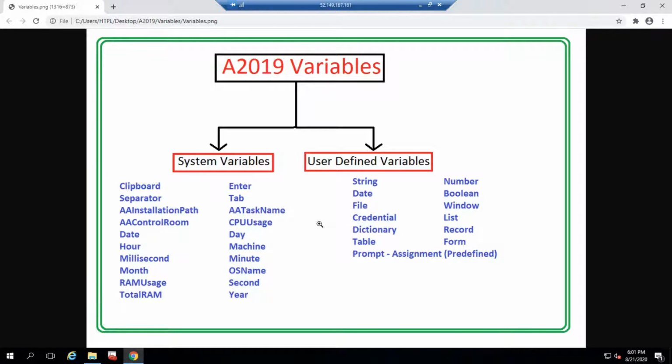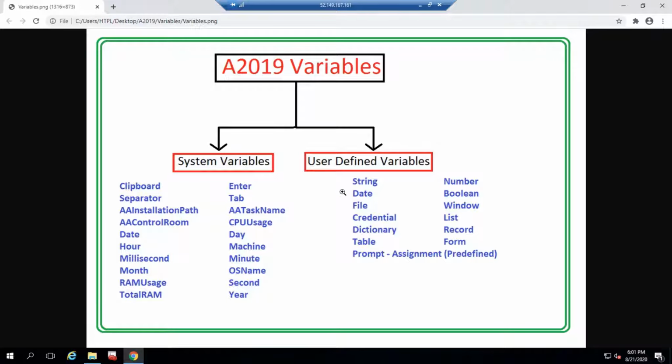That's what I just provisioned in a virtual machine. Inside the virtual machine I have set up on-premises A2019 and all the respective components, with whatever prerequisites are there. Everything I have set up inside the virtual machine. Okay, so let's move on.